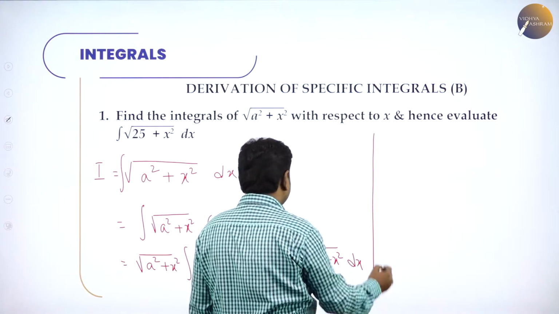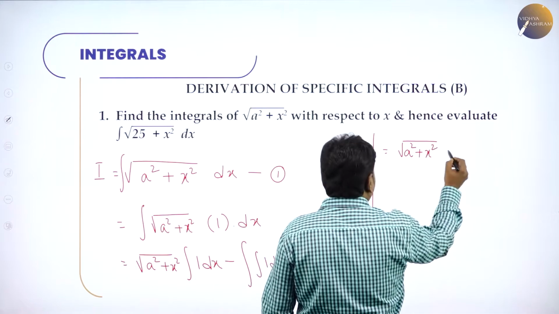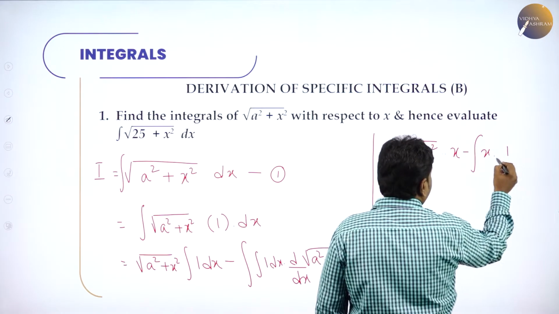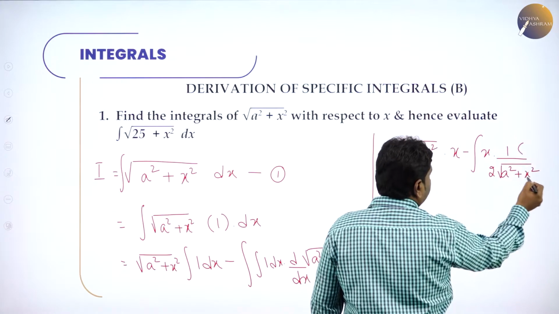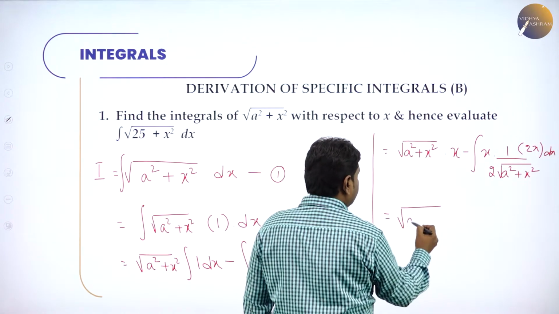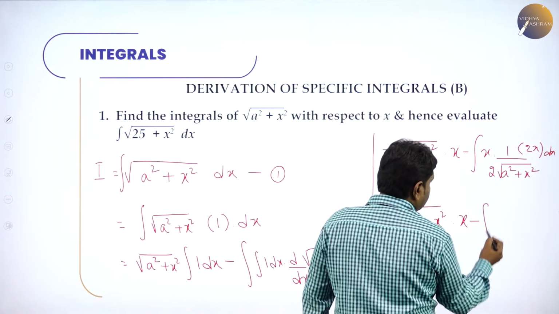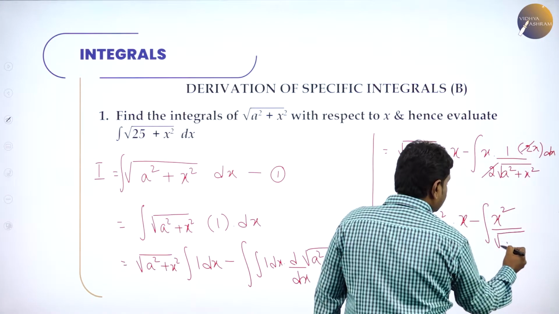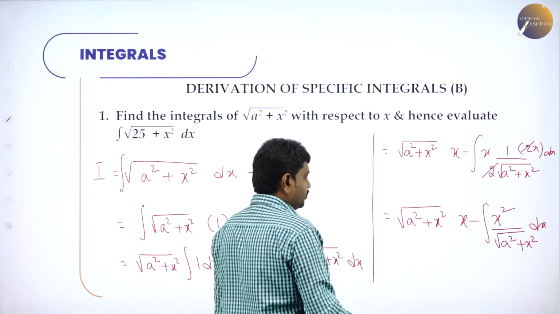That will give you root of a square plus x square into integration of 1 is x, minus integration of 1 is x into derivative of root of a square plus x square, which is 1 by 2 root of a square plus x square into derivative of a square is 0, chain rule, derivative of x square is 2x, with respect to x. Now simplifying this, we'll get root of a square plus x square into x minus, I can cancel 2 and 2, x into x becomes x square divided by root of a square plus x square into dx. So now the given problem can be written as,